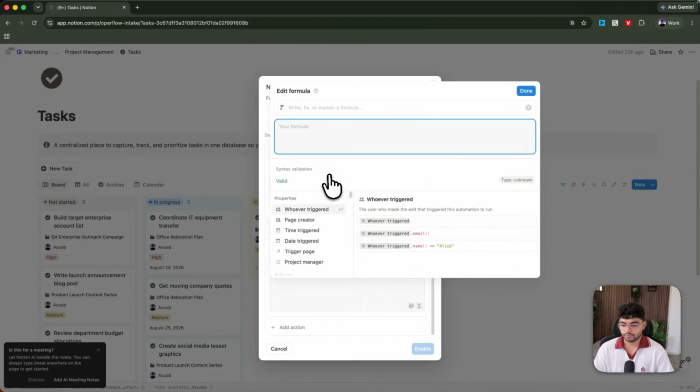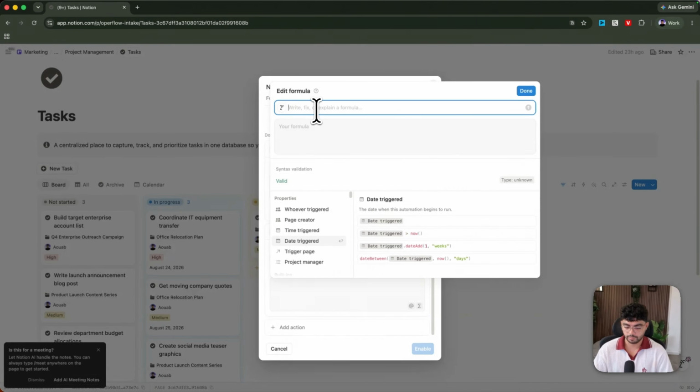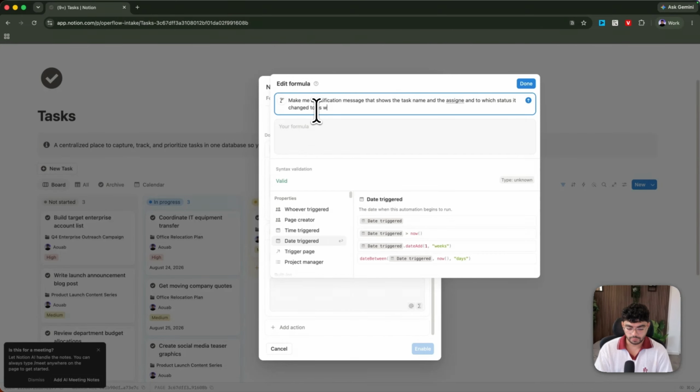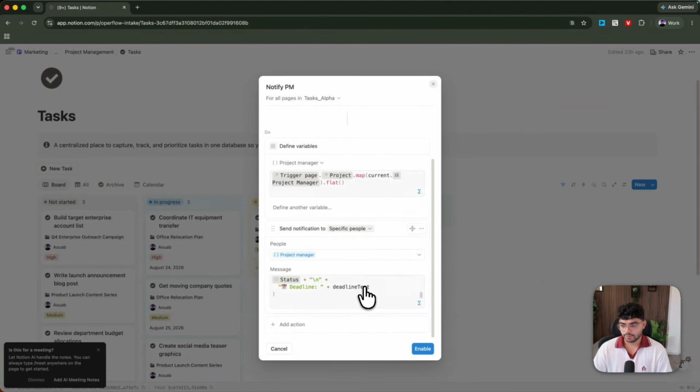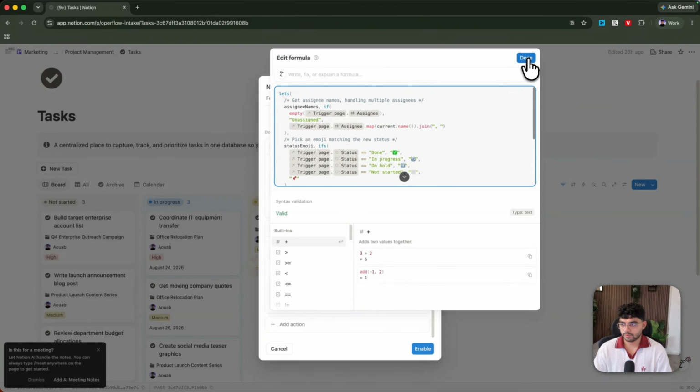Then I'm just going to use Notion formulas to define what is the message that's going to be sent. And for that one, I'm just going to use Notion AI to help me with that. I'm just going to say, make me a notification message that shows the task name and the assignee and to which status it changed to, as well as the deadline. Now, once this is done, Notion AI is going to be making a formula, which is going to be the message displayed based on the task's data. And whenever we change the status, it's going to be sending us, and I'm going to show you the proof that it works. All right, so Notion set up this formula,